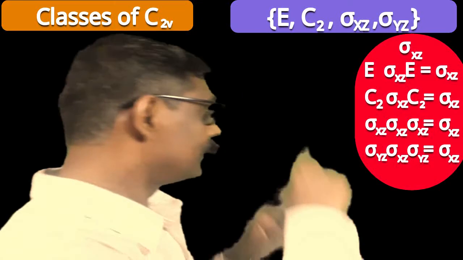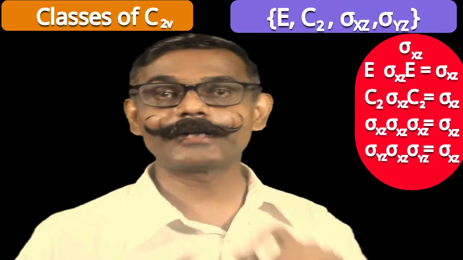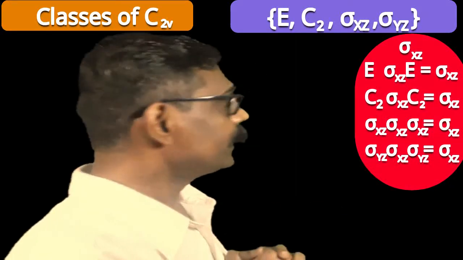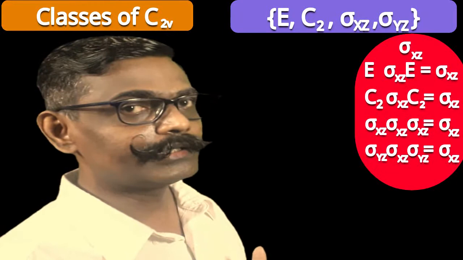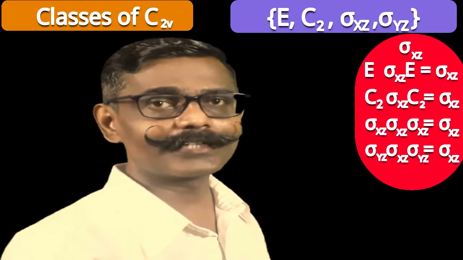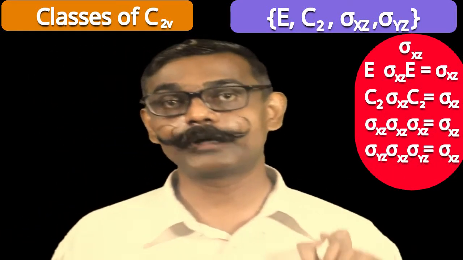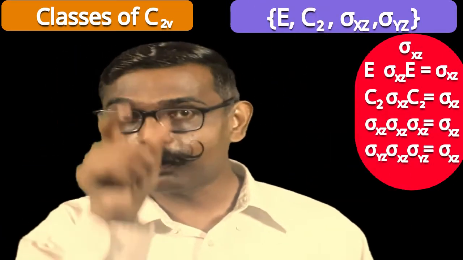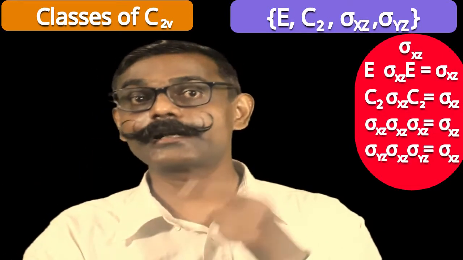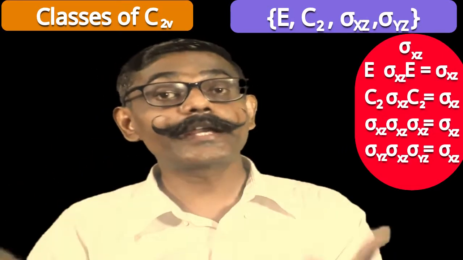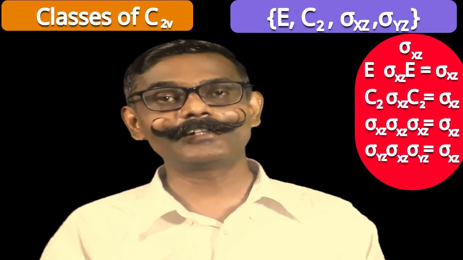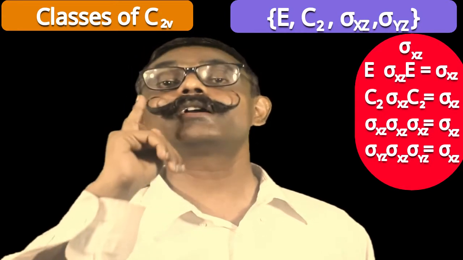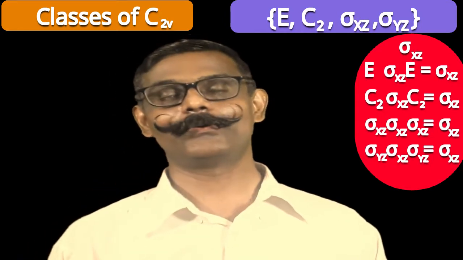Now see the last. Sigma yz into sigma xz into sigma yz is equal to, how can we find that answer? Sigma yz into sigma xz is C2, and C2 into sigma yz is sigma xz. Therefore the answer is sigma xz. Sigma xz is a symmetric transform of sigma xz. So what are the right side results? That's B. And the middle operations are A. B is a symmetric transform of A via or through X. We are interested in conjugacy. So here sigma xz is the only member present in the class. This class is of the order 1.